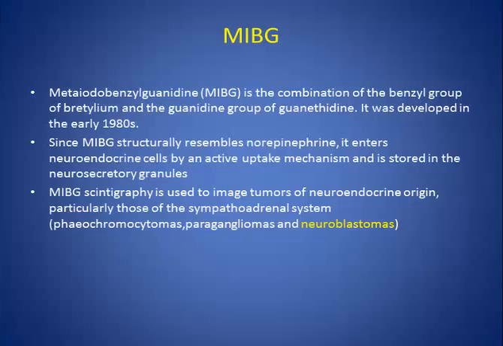It enters neuroendocrine cells by an active uptake mechanism, and is stored in neurosecretory granules. MIBG scintigraphy is used to image neuroendocrine tumors, particularly those of the sympathoadrenal system, like neuroblastoma, which is